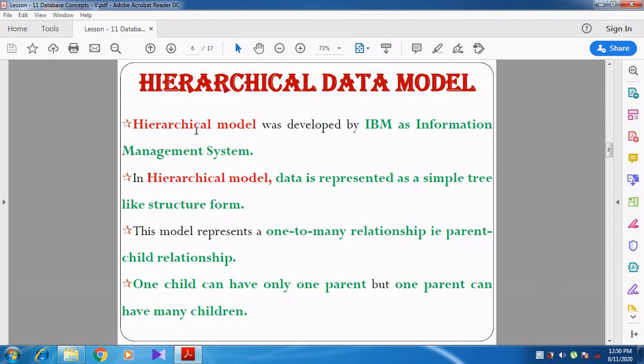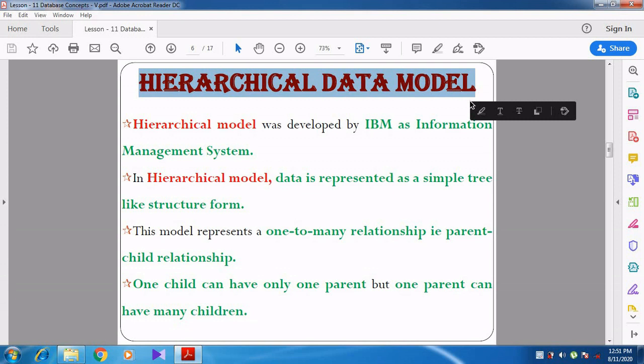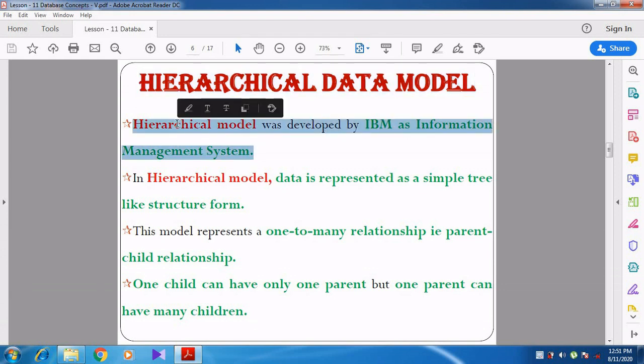First, the hierarchical data model. What is meant by hierarchical data model? In the word hierarchy itself we can understand that it will look like a tree structure. That is called the hierarchical data model. The hierarchical model was developed by IBM as the Information Management System.